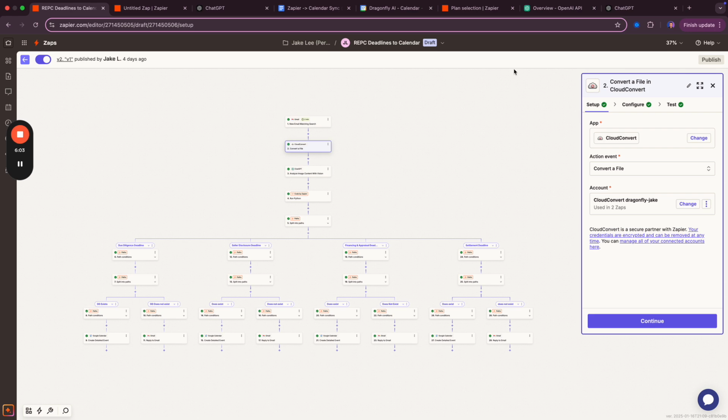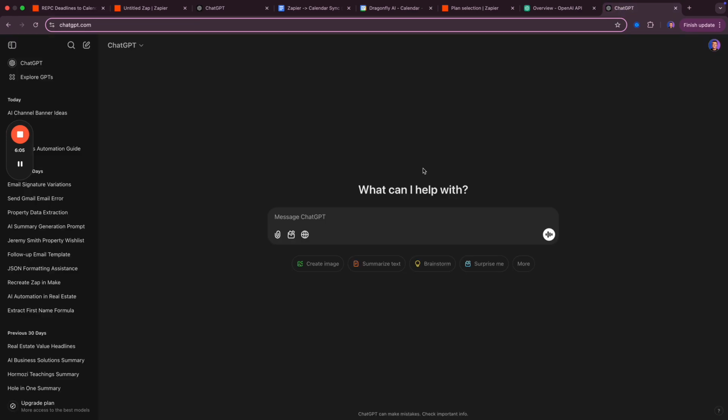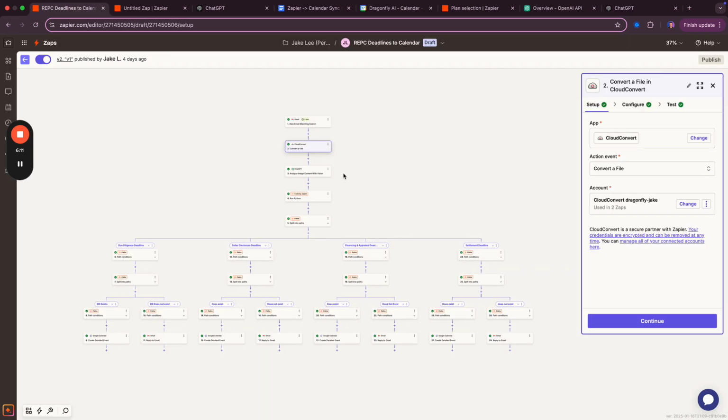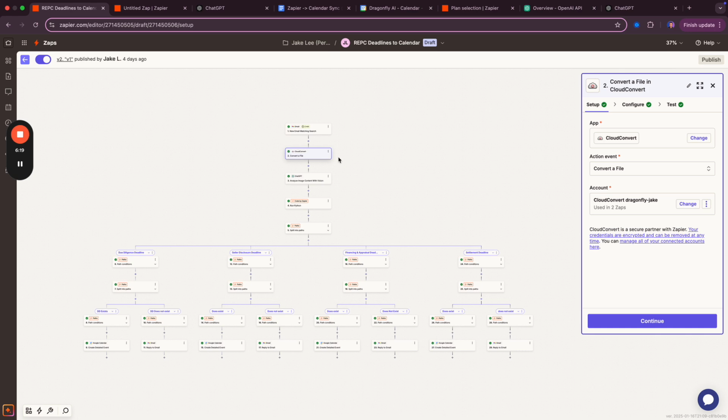If you're using the main user interface, you can upload a PDF or any file type, and it'll still work fine. But what they do is they actually take that PDF, convert it to an image, and then they're able to scan it. And since we're using a third-party system like Zapier to access ChatGPT, we just have to do that step ourselves. So we're taking the PDF, converting it to a PNG format, sending it to ChatGPT,